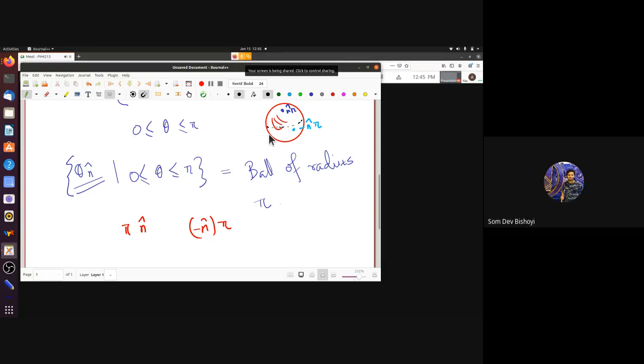You said this π n̂ and −π n̂ should not be different. They are different points on the ball, but they should be the same point on the same rotation, unfortunately. Which is why the ball cannot represent the set of rotations. If I claim that the ball is the set of rotations in mathematicians' language, the problem would be I would end up with 2 different points of the ball, yet they would stand for the same rotation. That, of course, cannot happen. If I'm saying the ball is the set of rotations, then every rotation should correspond to a unique point on the ball, and every point on the ball should correspond to a unique rotation. And that's not happening. So one way out, as has been pointed out, is simply